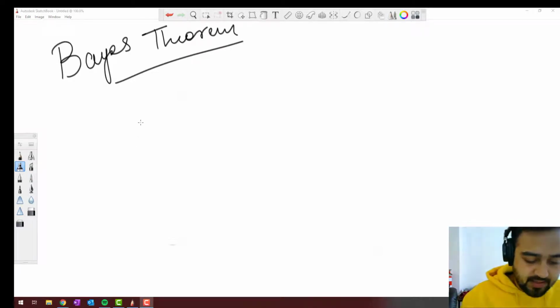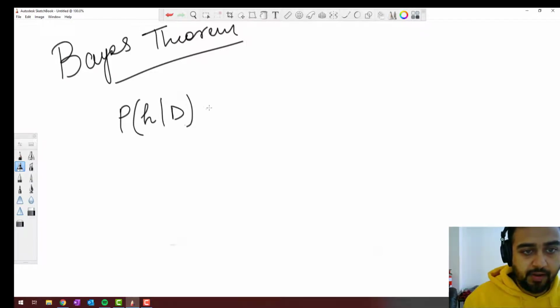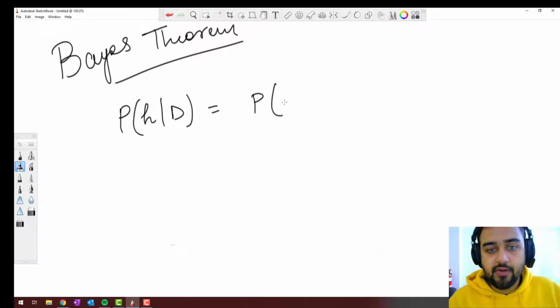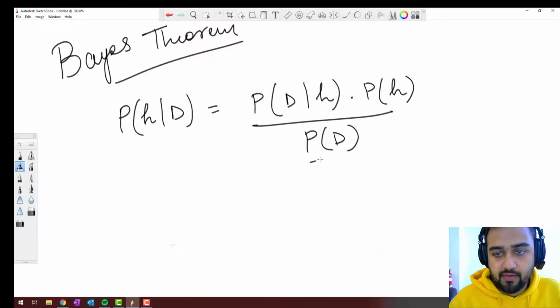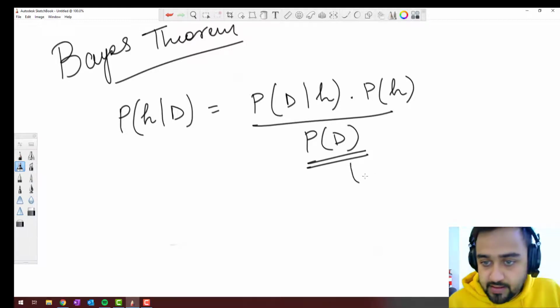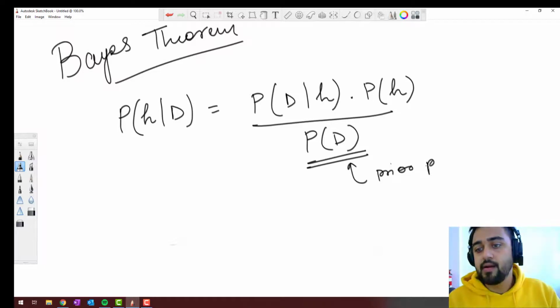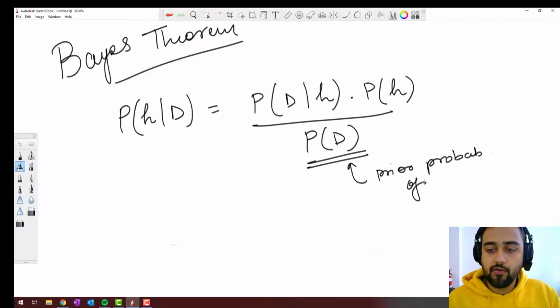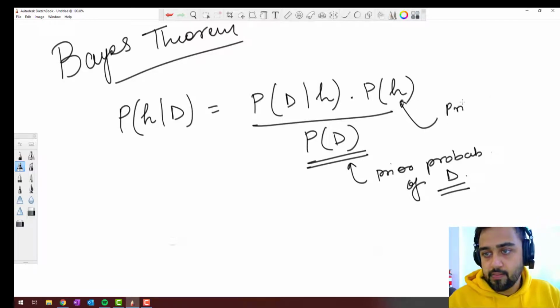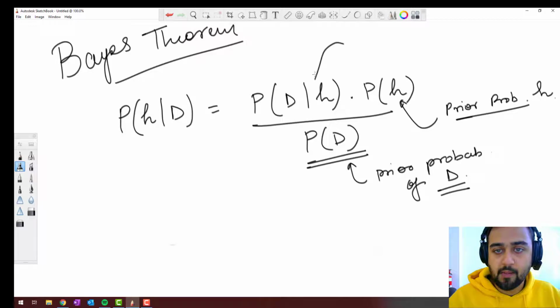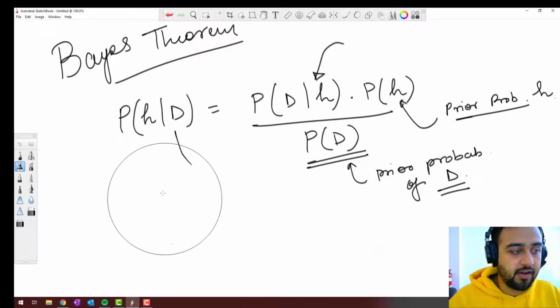So, in Bayes theorem, we start off with the formula. Probability of a hypothesis H given data point D is given as probability of occurrence of data point D given hypothesis H, times prior probability of hypothesis H, divided by prior probability of occurrence of data point D. So this is the prior probability of data point D, the training data point D. This is the prior probability of occurrence of H. This is the probability of D given H,